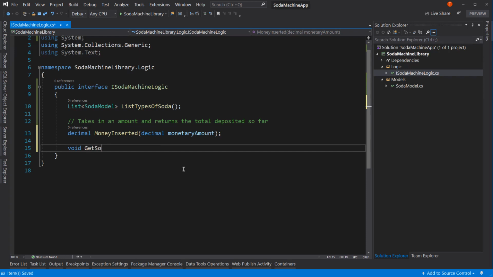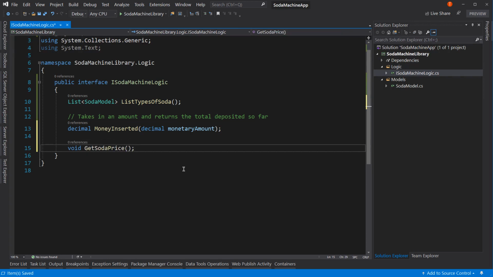So now we have get soda price. Now remember, this is going to be called where it's just getting us back how much does each soda cost. And since we are not going to be having individual pricing,